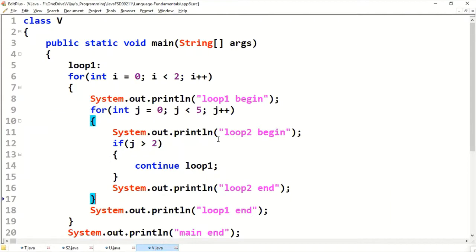But because we are specifying loop1, it is going to skip to the next iteration of the outer for loop instead of the inner for loop.